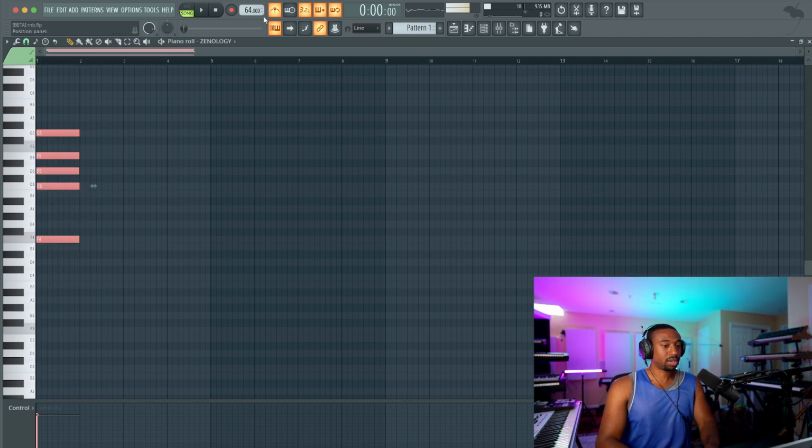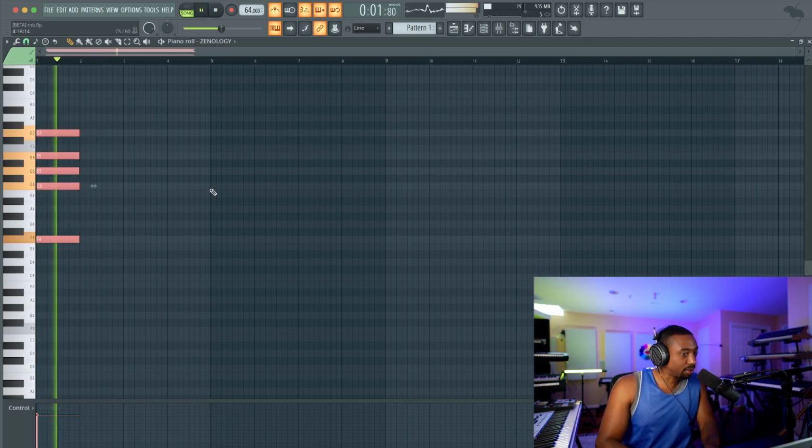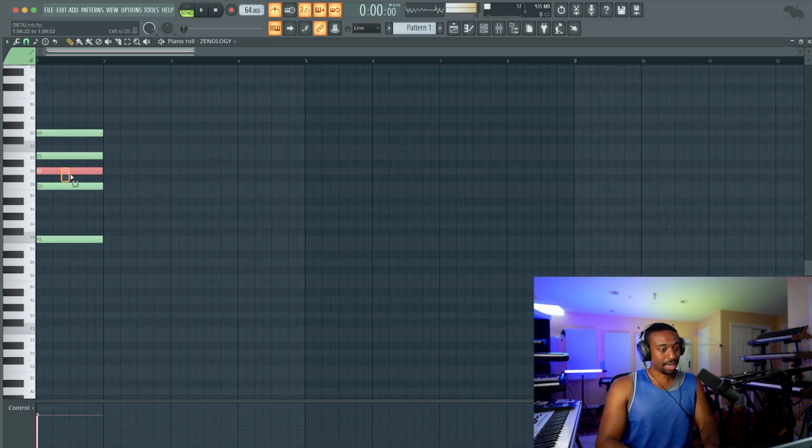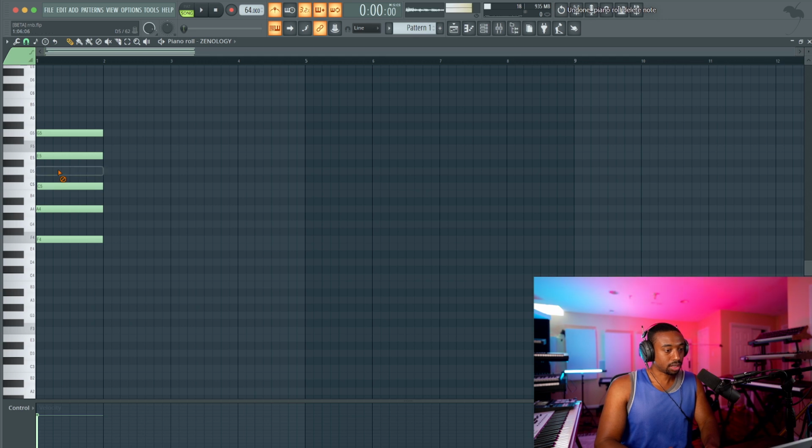Now, this chord type, I'll break it down in a second. We're at 64 BPM. This is an F major ninth chord with an added sixth, which is a color tone. But the typical chord would be F, A, C, E, G. So F, A, C, E, G would be your ninth. But instead of playing the third, we're playing the sixth, which is a really key tone for R&B. The sixth is 9 semitones up from your root note. So wherever you start, it's 1, 2, 3, 4, 5, 6, 7, 8, 9. And that's a color tone you can add to your chords for R&B.